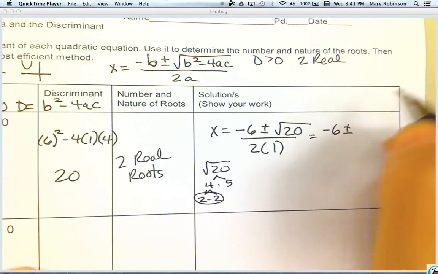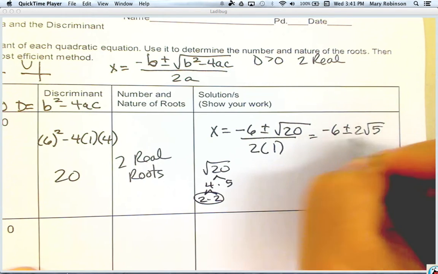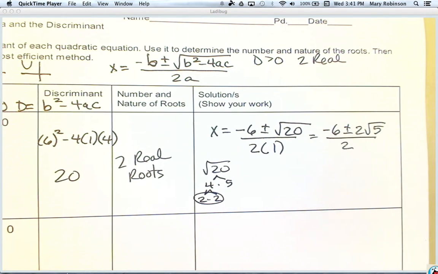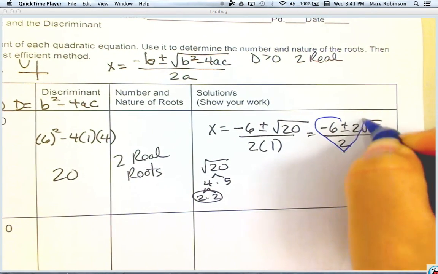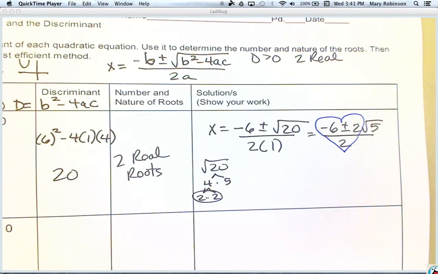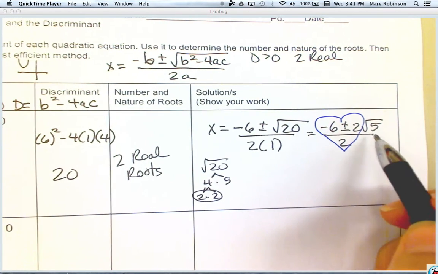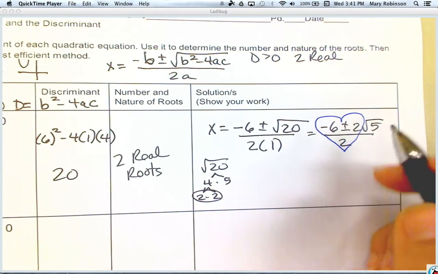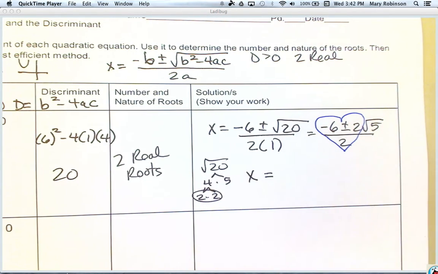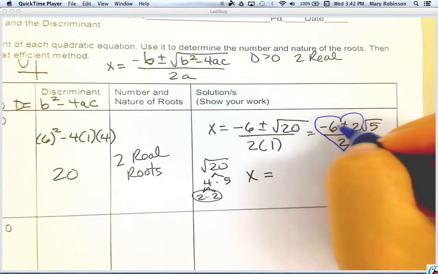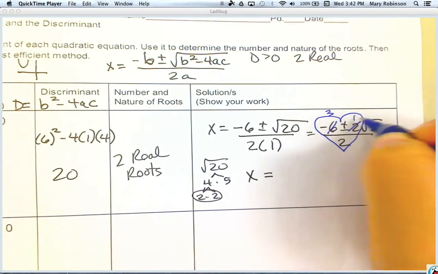And so that would be 2 square roots of 5, all over 2. Well, we're almost through, but we are not through until we simplify, if possible, by considering the 3 numbers here on the outside. So not the irrational number, but the 6, 2, and 2. If we can find a common factor to reduce, we have to do that. And all of these are divisible by 2. 2 goes into 6 3 times, into 2 once,